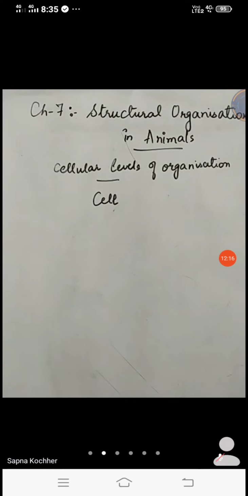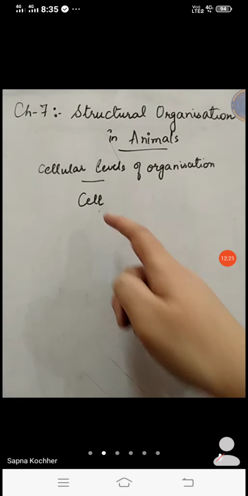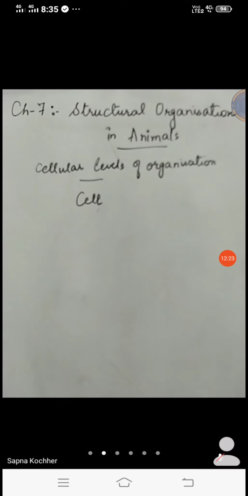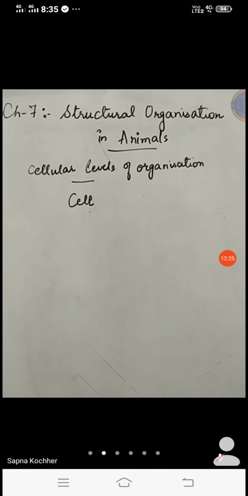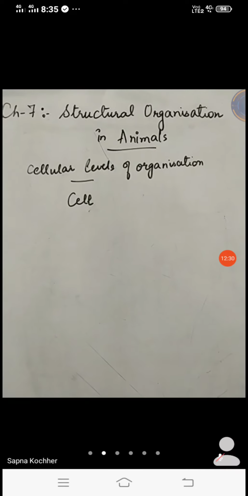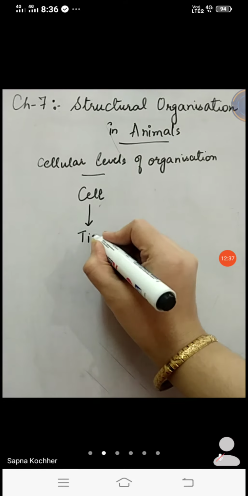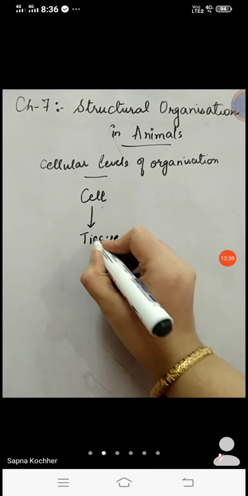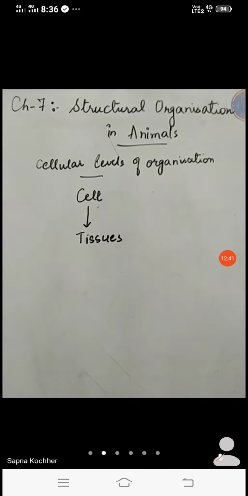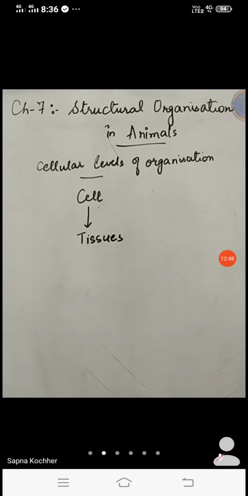But if we say the biomolecular level of organization, then it starts from the biomolecule. As we all know, the cell is also made from biomolecules, right? The molecules which are involved in the formation of the cell and its components are called biomolecules, okay? A cluster of cells, similar or dissimilar, forms the tissues. Here in this chapter, we are depending only upon the tissues, right? So the cells complex together and form a cluster, which is called a tissue.